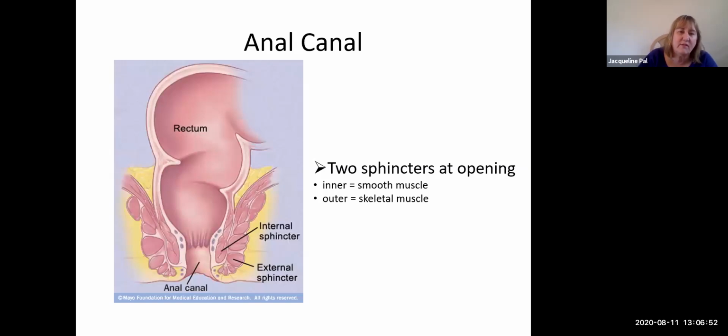So at the level of the anal canal, there are two sphincters. There is an internal sphincter, which is smooth muscle. Okay, here's the anal canal coming down. There's an internal sphincter, and it is surrounded by an external sphincter with the skeletal muscle. And then don't forget, we have the levator ani muscle coming up in a V shape like a hammock, a sling to hold everything up so it doesn't prolapse down between your legs, because that would not be a good